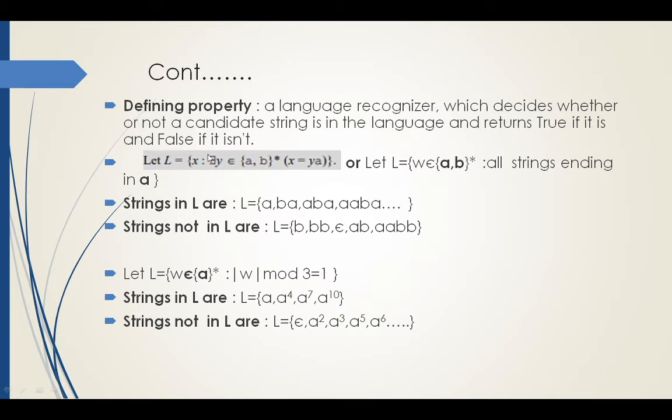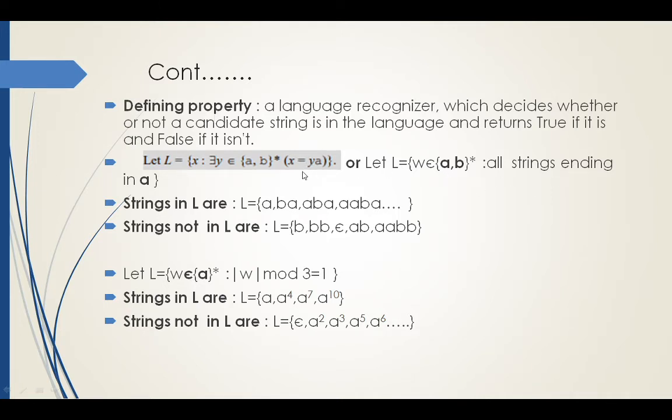But they are saying there exists a Y. And how are we going to frame the string here? X equal to Ya. What should this Y contain? It belongs to {A, B} star. So the Y value may be A or B, and these A or B occur any number of times, but that is followed by A. So the meaning of this is that this language contains all the strings ending in A. The same thing is given in the form of properties.